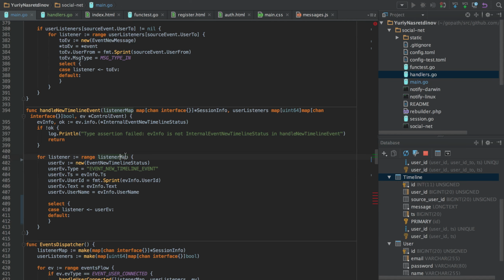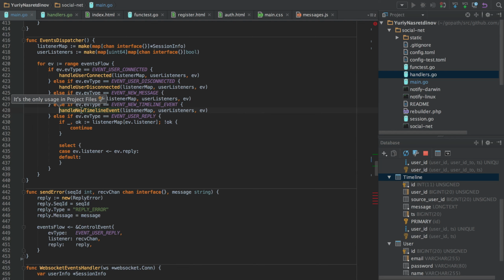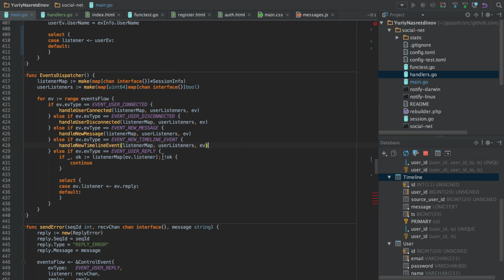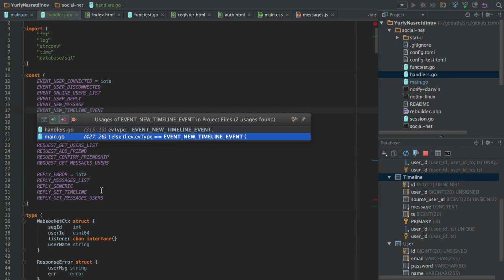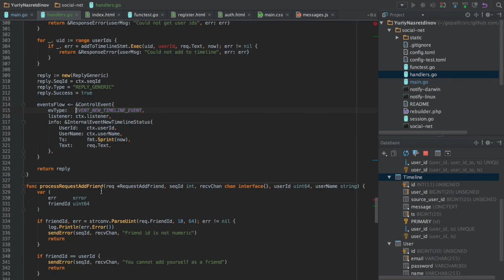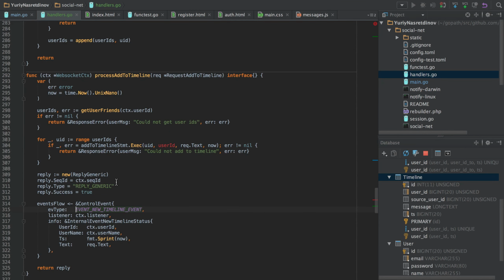And the listener map is not a global variable, it's just a map of listeners into users, and so we send events to all event listeners, and all event listeners are all online users. So this is how process add to timeline works. So we need to send an event here as well.